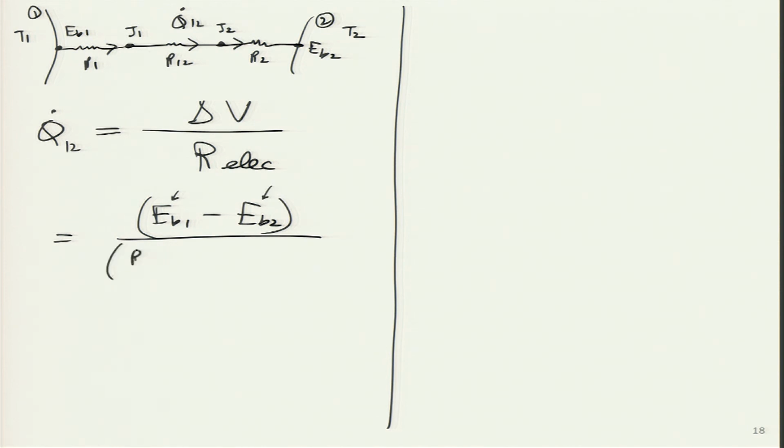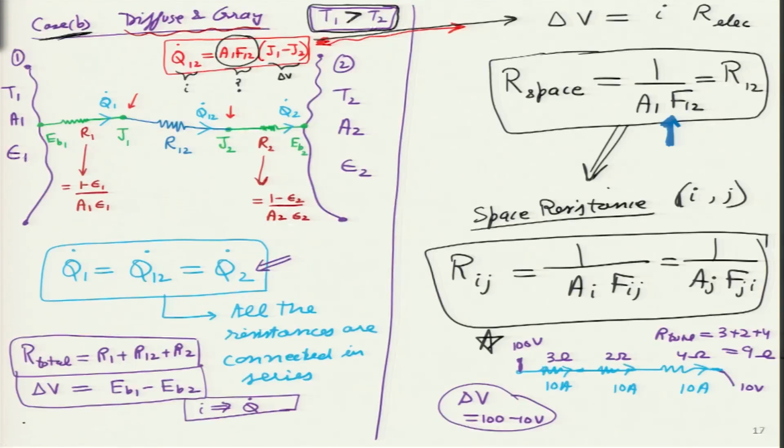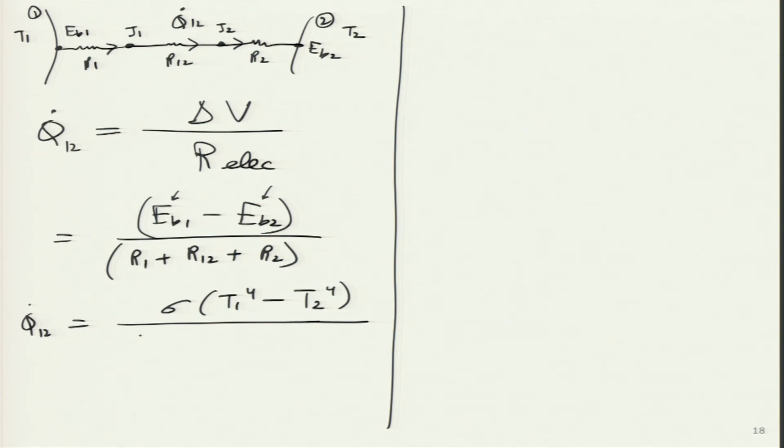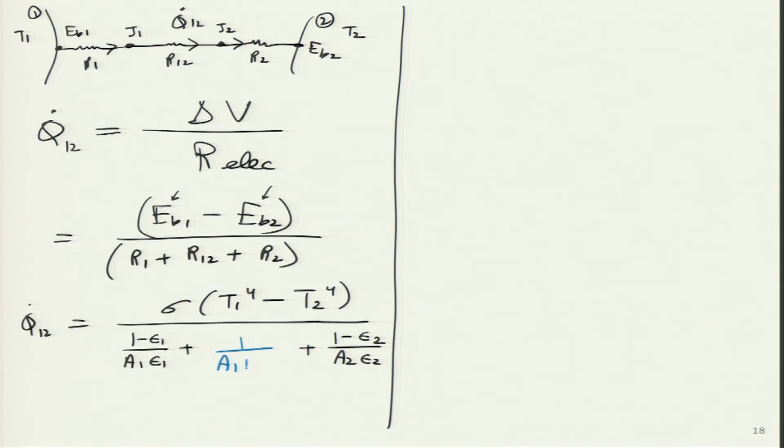What is the total resistance on the bottom? R1, R12, R2. So, in this particular case, what is EB1 minus EB2? Sigma T1 to the power 4 minus T2 to the power 4. What is the value of R1? Let me remember from here. I think this is this value over here. R1 is 1 minus epsilon 1 over A1 epsilon 1. What is R2? 1 minus epsilon 2 over A2 epsilon 2. And what is the middle term over here? If I remember correctly, it was 1 over A1 F12,